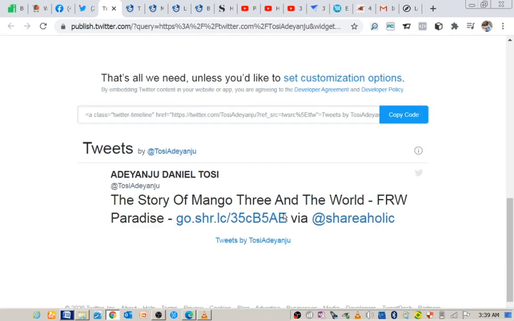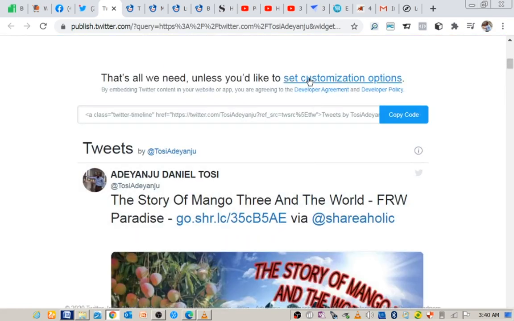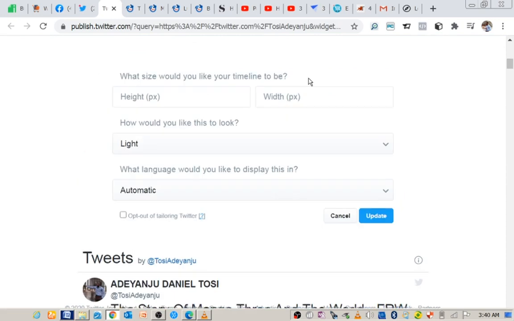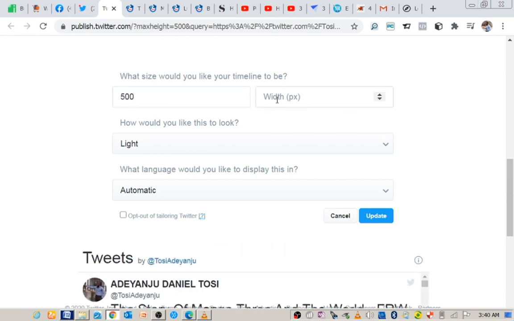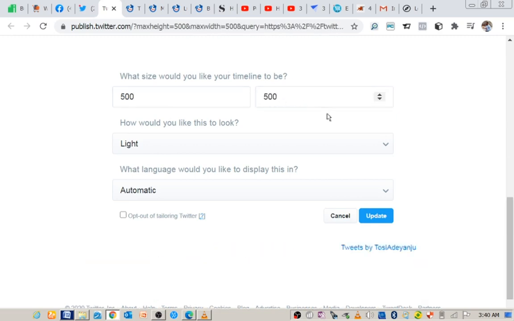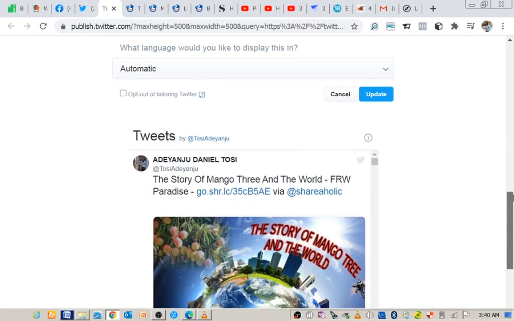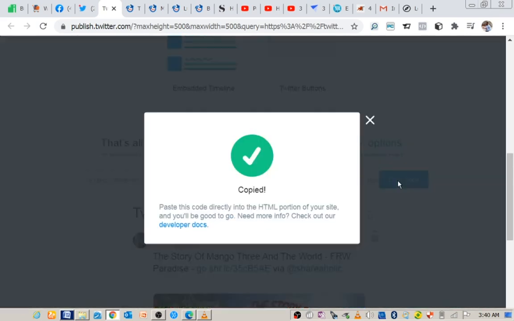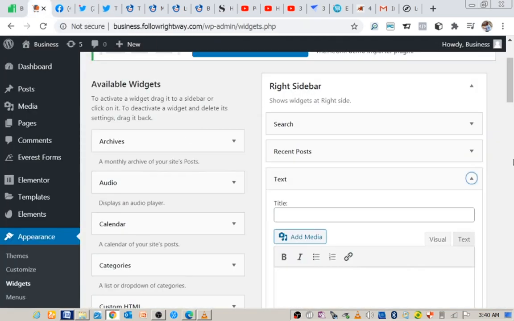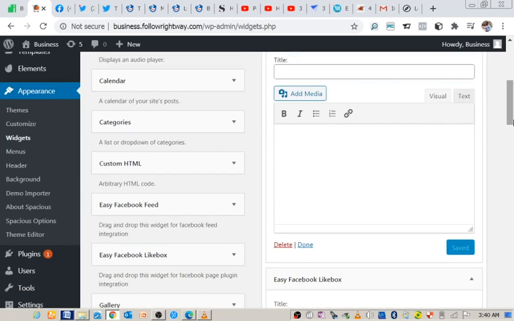So when that is done, I would like to change my settings here first before copying the link. I would like to use 500 and the weight 500 or so. So once this is done, I will click on update here and copy the link. So once I copy the embedded code, I will go back to my website